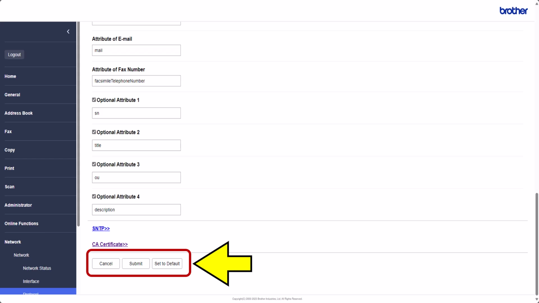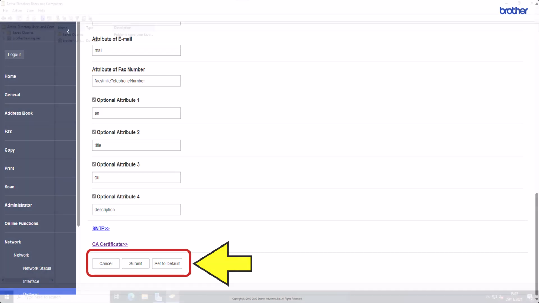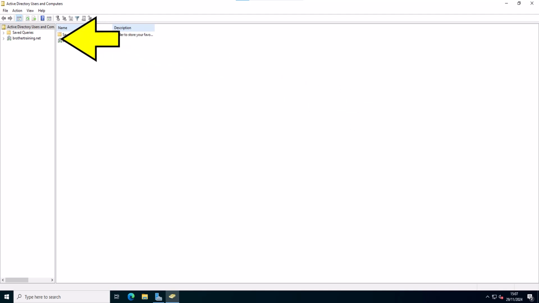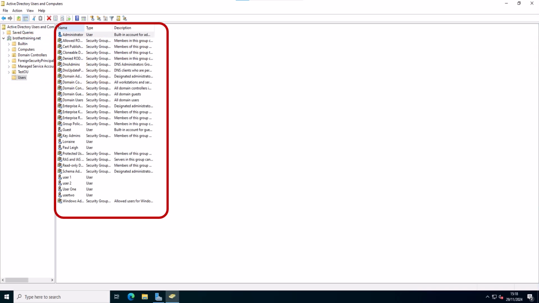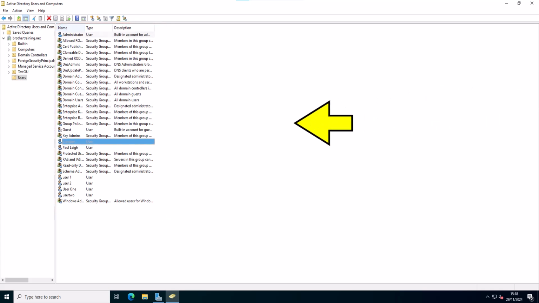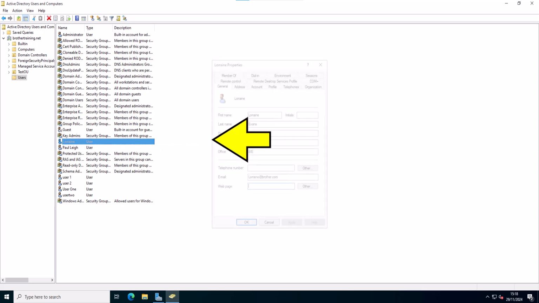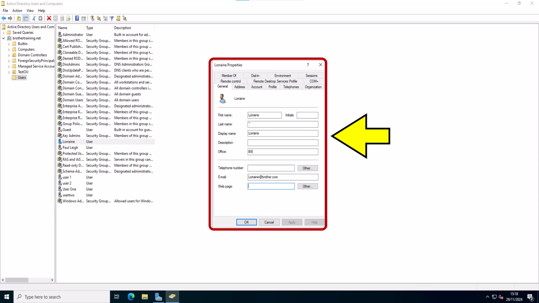Now you will need to open up your AD users and computers. Select your AD here and then select the arrow to expand the menu. Select Users to expand options. In the main screen, you will now see all the users within your AD. Select the user you want to register an NFC for, then double-click the user. Now you have the user's profile box on the screen.